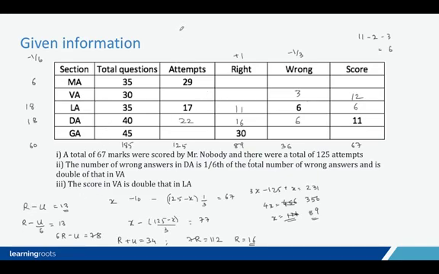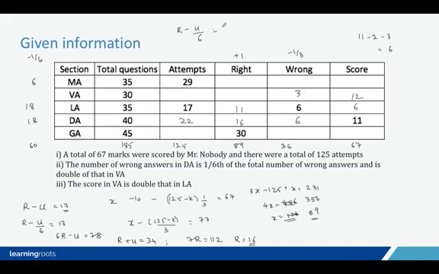So essentially we know that in this case, R minus U by 6. So the number of questions that he got right minus the number of unattempted questions divided by 6 would have yielded him how many marks? 12 plus 1, that is 13. Same logic as what we did here. If he would have got these 3 right, then he would have not lost out on that 1 mark. So basically 13 marks are there.